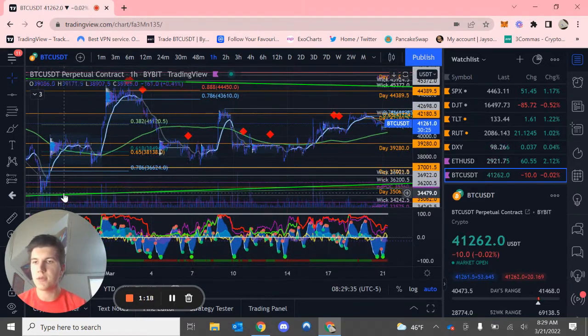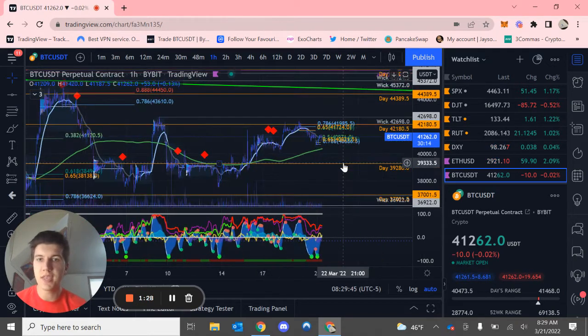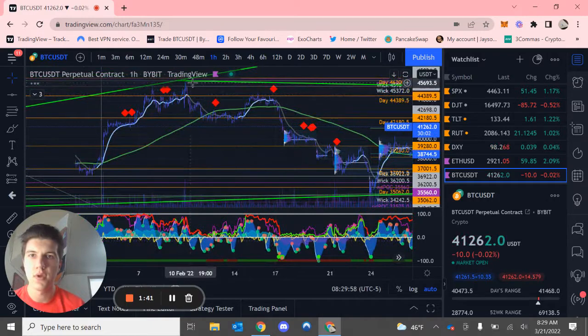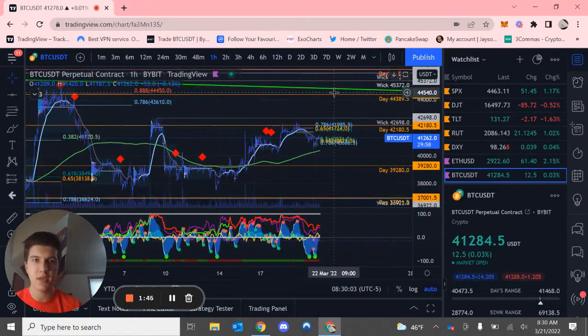We do have a trend line that I drew on the daily time frame where we're making higher highs. We can still again come down to 35,500 and still be making those higher highs, maintaining that bullish structure. If not, we can still kind of pump up and hit this trend line too, along with a 0.88 fib level, a daily, and a trend line that I drew from back here to right here,